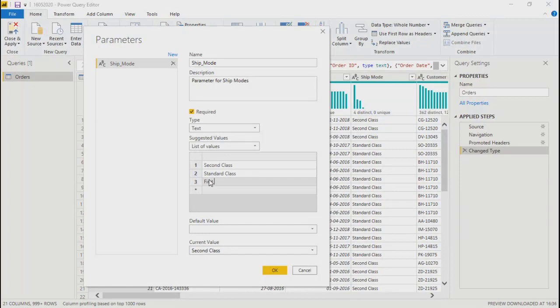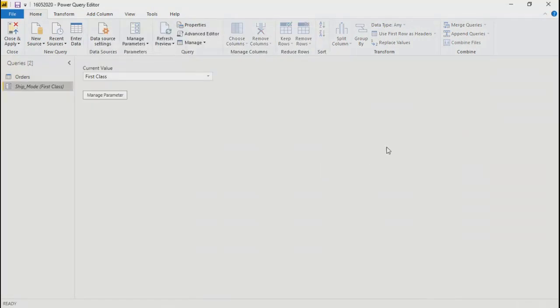I don't know whether this value is there or not, but first class. A parameter is not a column being added to the sheet. It's a kind of filter. So first class, standard class, and second class. We have added these three values into this parameter.